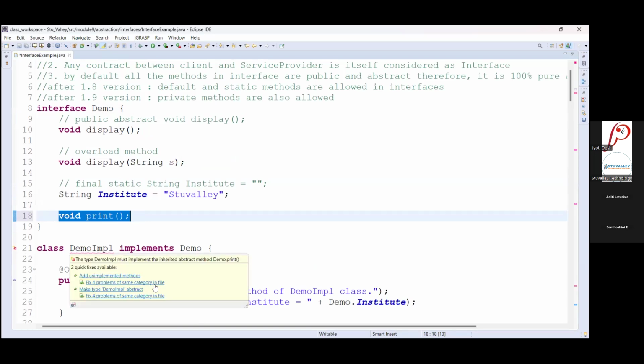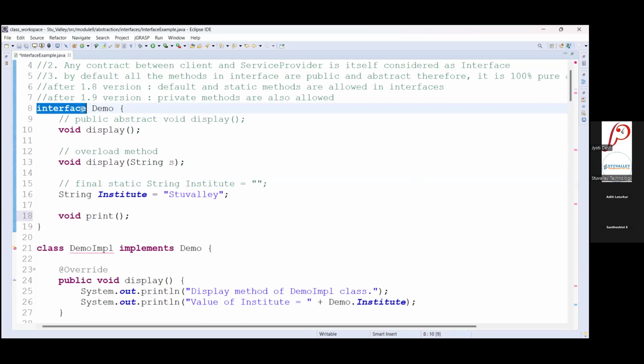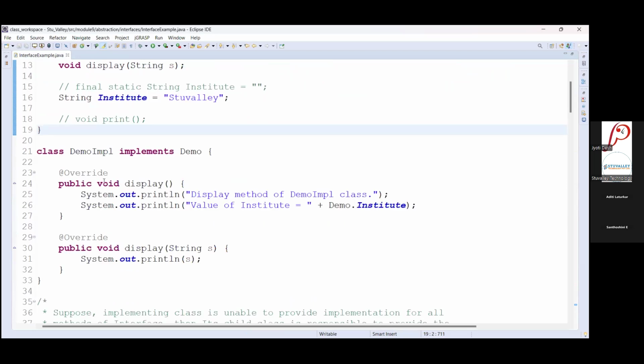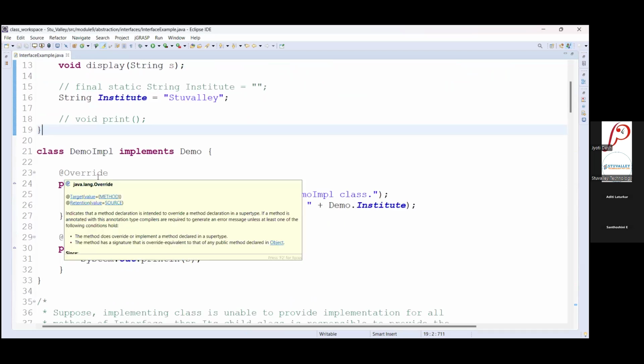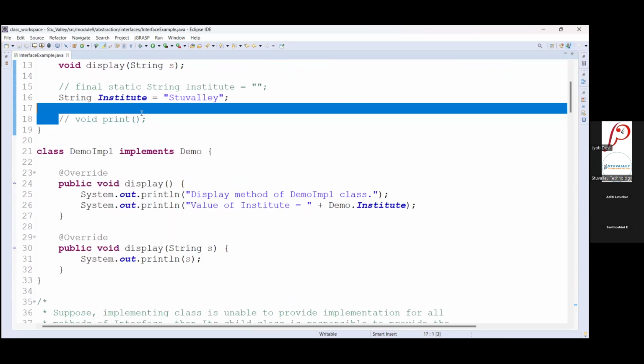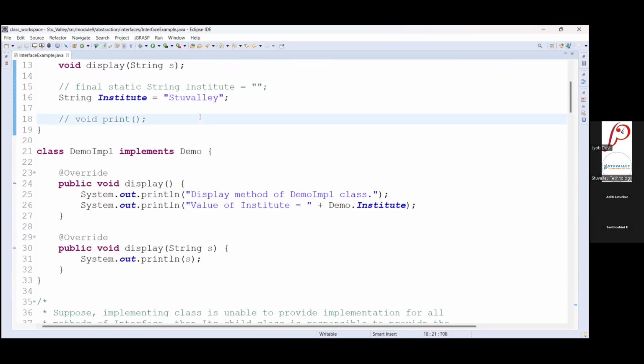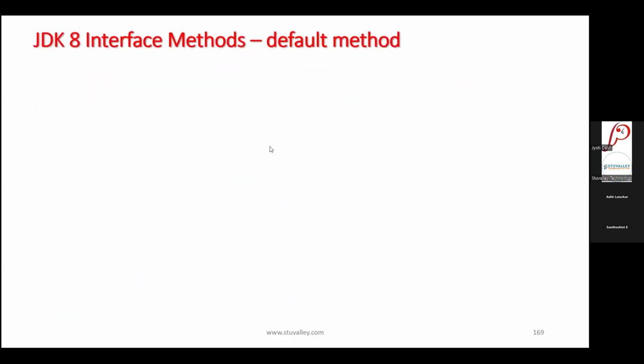We have the same problems in the same category because we may have implemented this interface in multiple classes. Whenever you change or add a new functionality into a predefined interface, there is a problem: you always have to give implementation in all the classes which implement this interface. So to avoid this problem, JDK 8, that is the Java 8 version, introduced default methods.